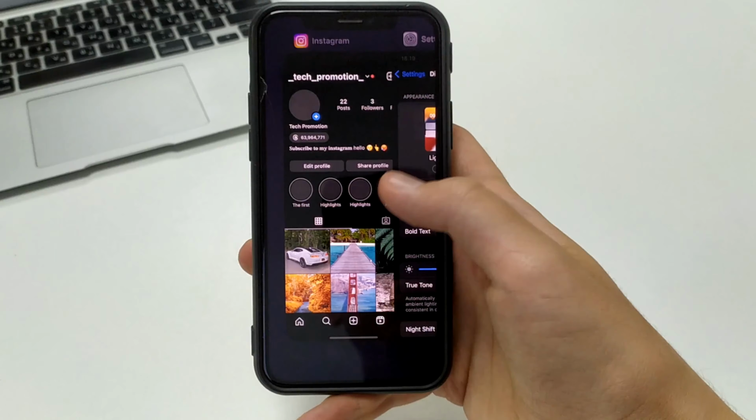Let's get started. First, we're going to go to Instagram. And as you can see, I'm in white mode, white screen. So how do I change it to a black theme? Unfortunately, Instagram hasn't added that feature yet, where we can go into the settings and after that change to black mode. But we can do simple actions that will help us solve this.